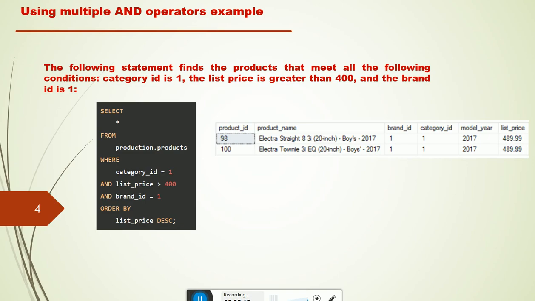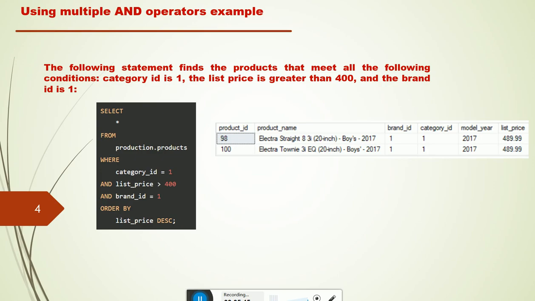Here you have to specify more than two conditions. In a general way, we can list multiple conditions using the AND operator. See the query: select star from production.products where category ID equal to 1 and list price is greater than 400 and brand ID equal to 1. Order by list price DESC.